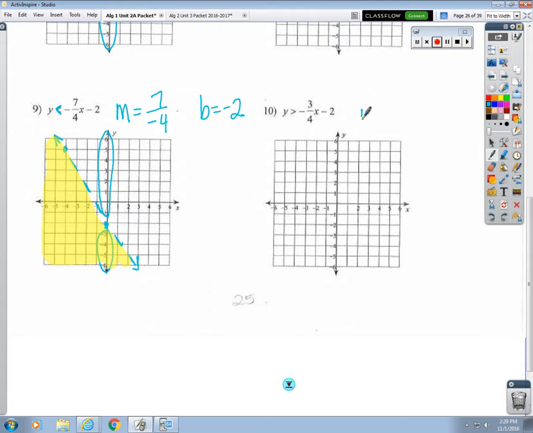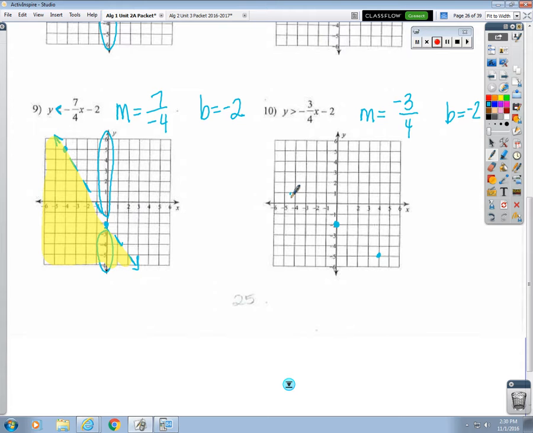All right, number 10. What's the slope? You can't flip it. You can move the negative to wherever you want, but you can't flip the fraction. Somebody said negative 4 over 3. What is the y-intercept? Negative 2. So what do I do first, William? Where? Okay, and from there, what do I do? Or if I want to point over here, what could I do, Juan? Okay. Up 3,